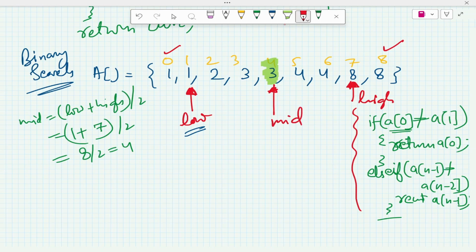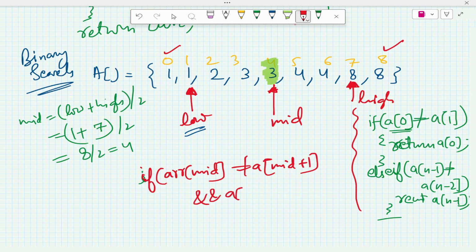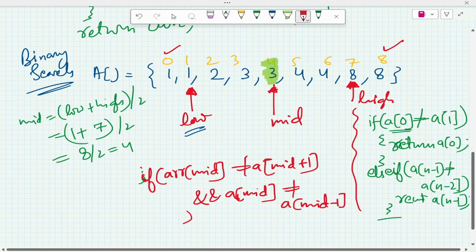Okay, so now we have mid. Firstly, we will check, is this a single element? How are we going to check? We will apply a condition: if my array of mid is not equal to array of its next element, mid plus 1, and array of mid is not equal to array of mid minus 1, its previous element. If this condition is satisfied, I am going to return array of mid